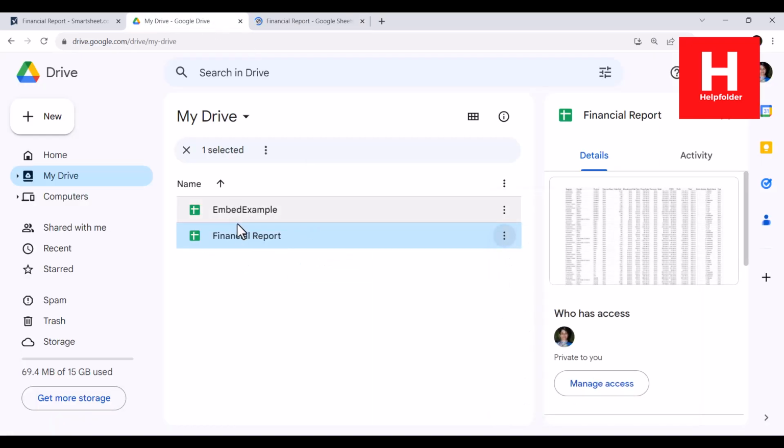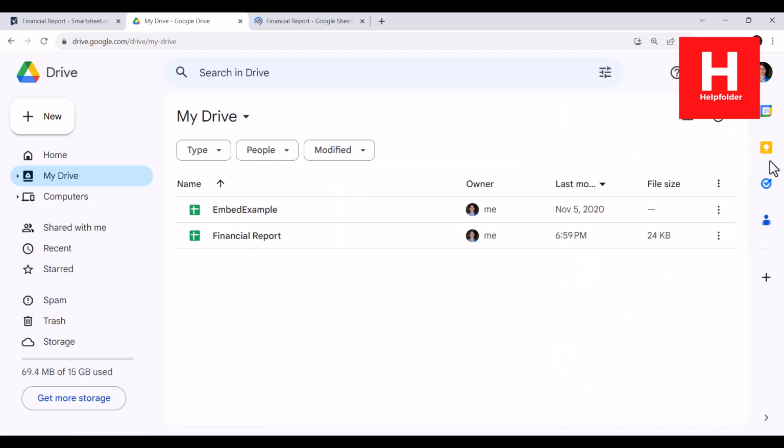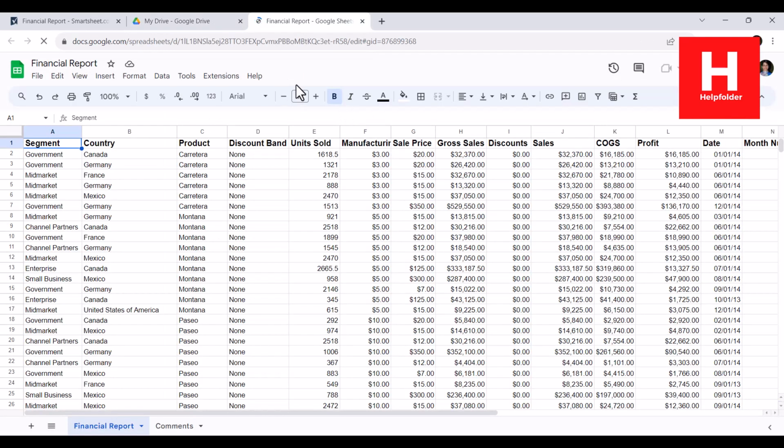As you can see, we have these two options. And then on the right-hand side of the sidebar you have available options like Calendar, Keep, and so on. So we'll come out of this and simply go to Google Sheets. Here you have your sheet ready along with any formulas that you have within one of these columns,